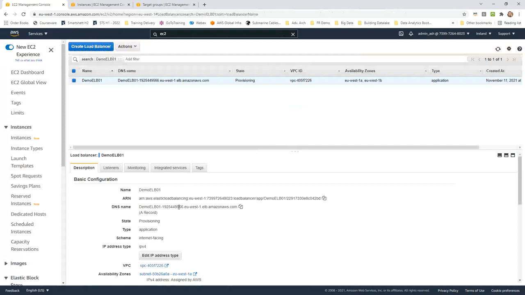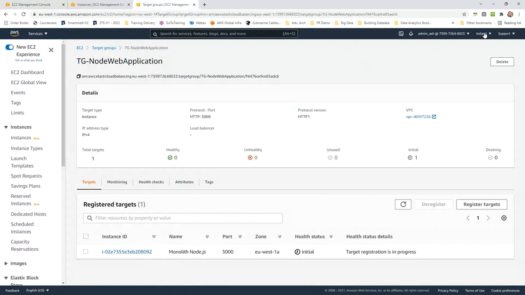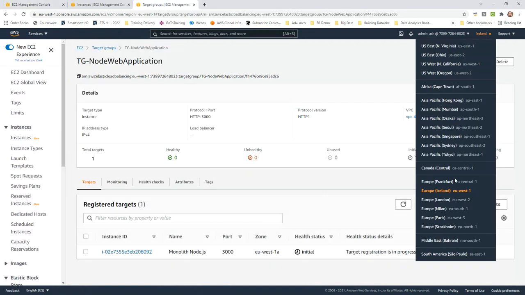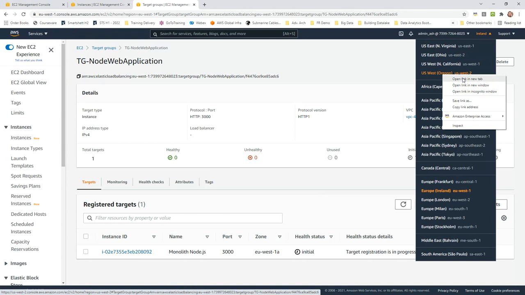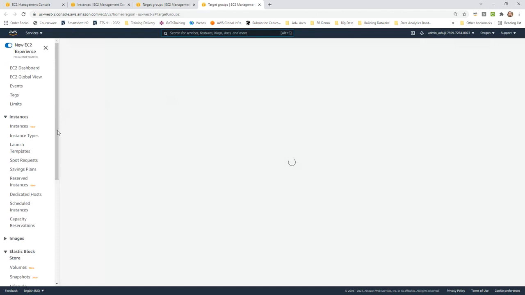Okay. Now, let it be ready. This time I have just deployed in a very basic sense how a standard deployment happens. One EC2 machine, one load balancer in front, nothing else. Let's see some more options available, like how I can expand it to become a better designed approach for my security. So to explain that, let me go to a different region where I have deployed a load balancer already. I'm going to Oregon, and in Oregon, I have already deployed a load balancer, and I'll show you what the architecture of that load balancer is.